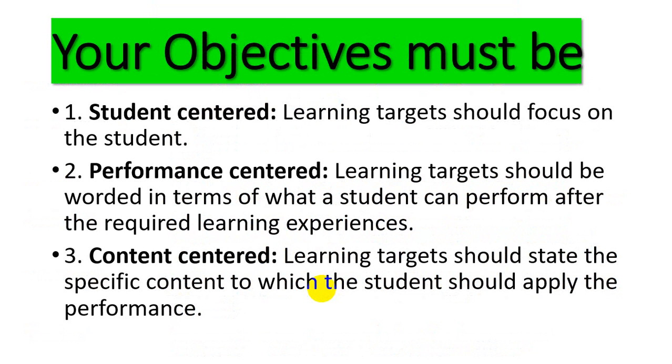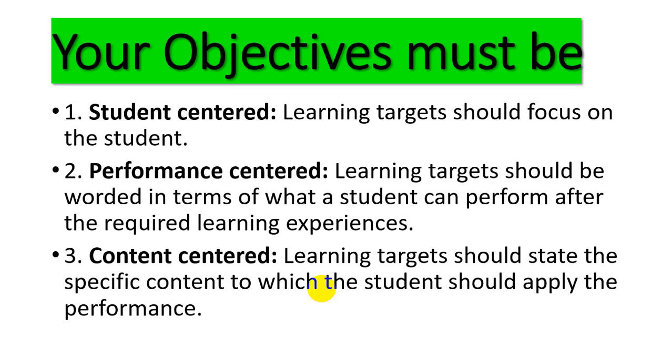They must be student-centered, because you ask your student to perform some kind of action or to perform some kind of competence that they will have by the end of this course. And also they must be performance centered, because again, students can perform something after you're done. They will be able to write, they will be able to maintain, they will be able to translate, and so on. And then we have